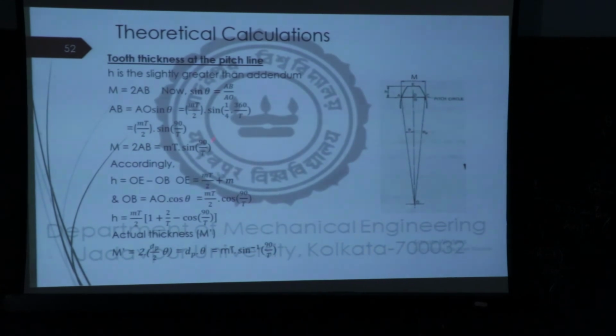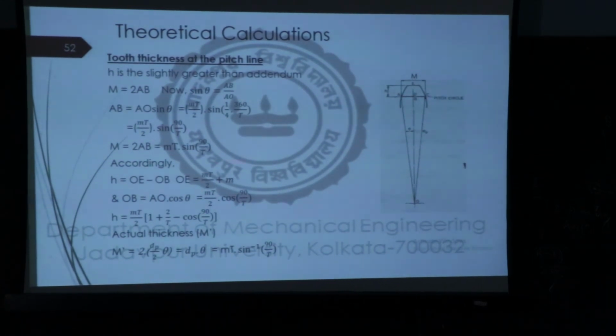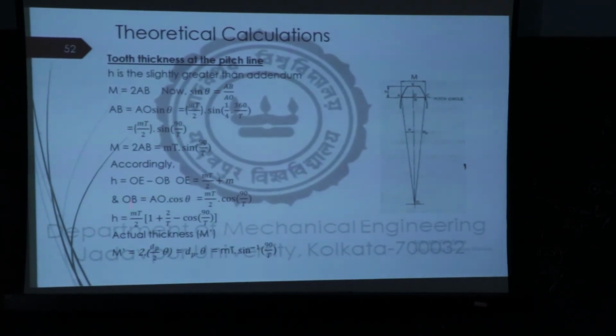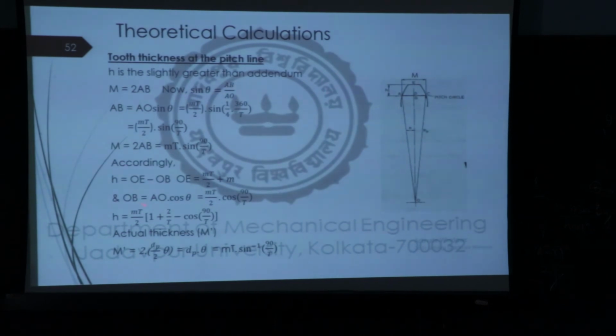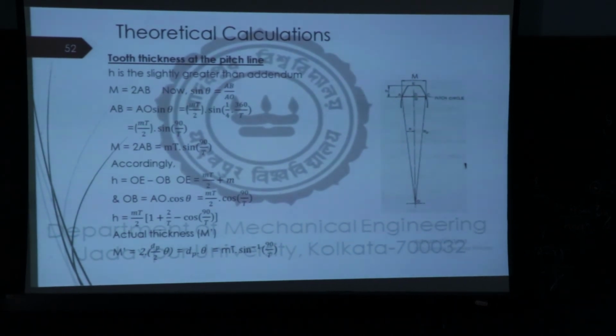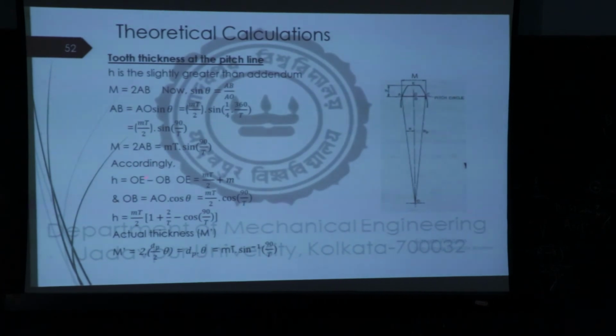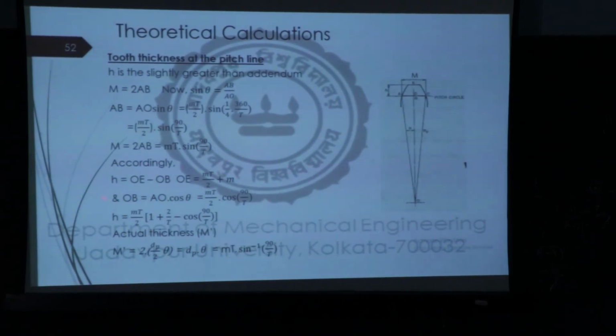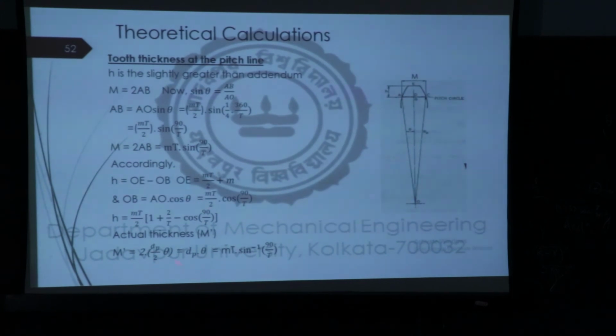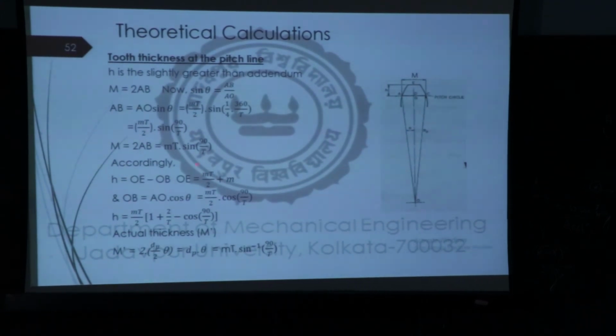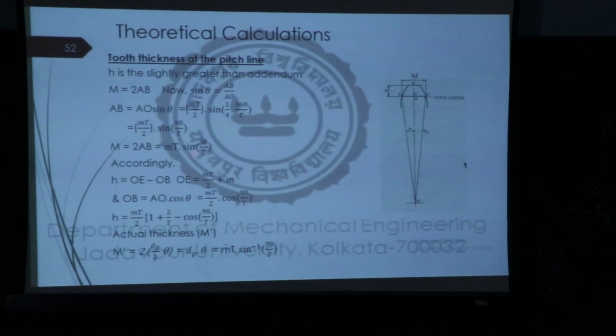So M is the width, and H means where you will fit your gear tooth vernier caliper. At this dimension you first fix your height and then you take the dimension of this width. Please remember this H and M, in different exams also it is very important. You may come across a question on the final expression of H and M value. Height means at what height you fit your gear tooth vernier caliper, and at that height what is the gear tooth thickness. Everything is in terms of the module of the gear and number of teeth. So the H expression is here and the capital M expression is here.